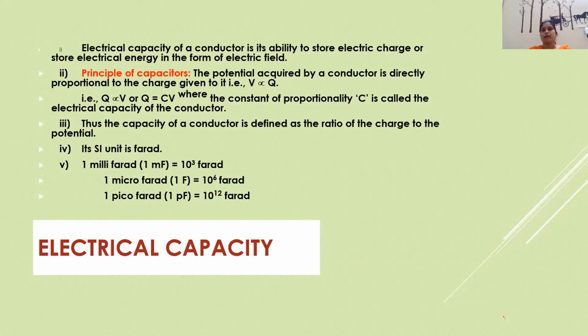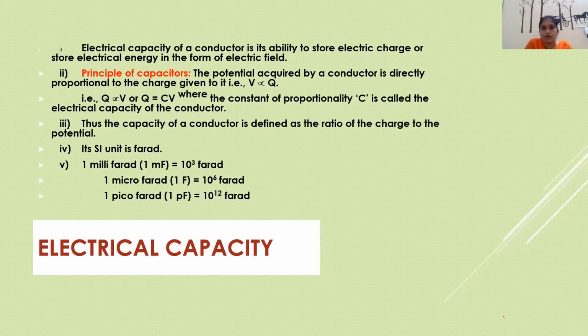But actually, what is a capacitor? A capacitor is a device which has the ability to store electrical energy. In which form? In the form of an electric field, or it is also able to store electrical charges. So this is a general definition of a capacitor. We store charge, or electrical energy in the form of an electric field, in a capacitor. Before moving on, a capacitor is also known as a condenser. The other name for it is condenser.